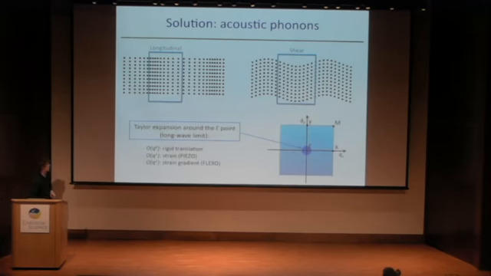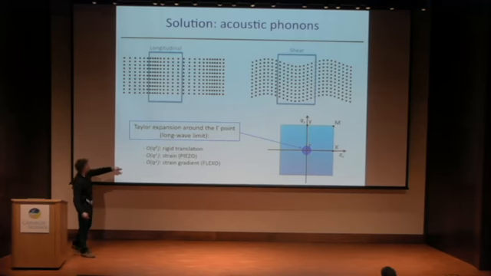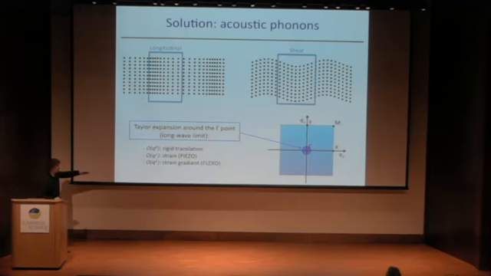What do you do with an acoustic phonon? You take essentially a Taylor expansion around the gamma point. This is the long wave technique. If you look at an acoustic phonon, you see that at order Q0, you have essentially a rigid translation of the whole crystal lattice. At order Q1, you have effects related to strain, which are concerned by piezoelectricity. And finally, at second order in Q, you have what we're looking for, which is the strain gradient effects and therefore flexoelectricity. So we have essentially to do a second order perturbative expansion of whatever property you can think of for an acoustic phonon around gamma.